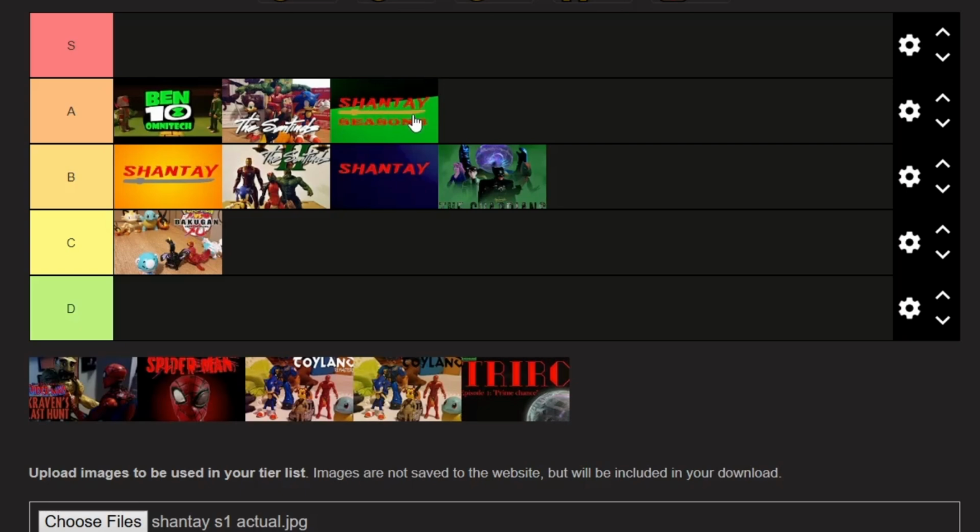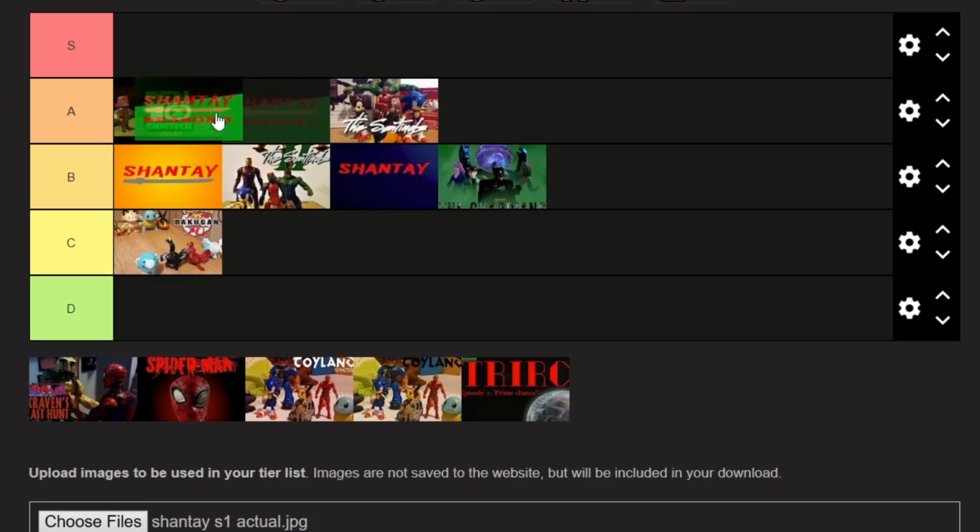And in fact, I'm going to put this ahead of the Sentinels. The first Sentinels movie. I like it that much. Although I might be a bit biased. First of all, it's my movie, but it's going against my old movies, so that doesn't really make sense. But this is the first appearance of Harley Quinn, and I love Harley Quinn. So I'm going to pop it in A tier, just behind Benton, but it might overtake it later.